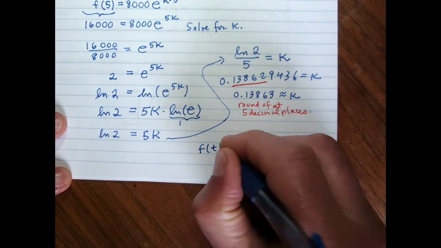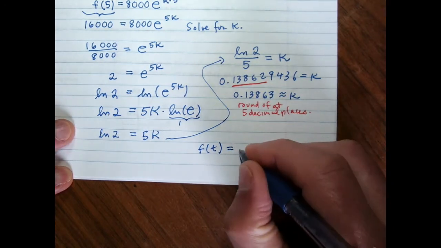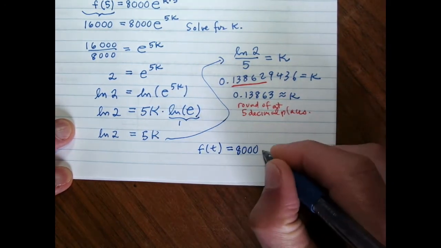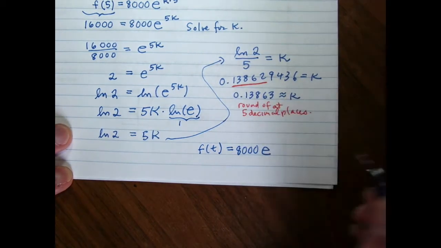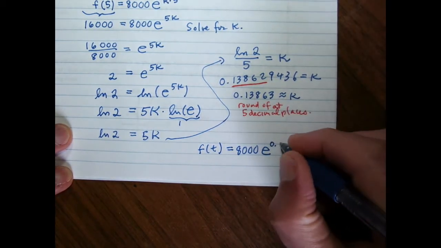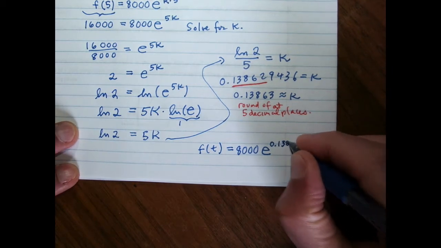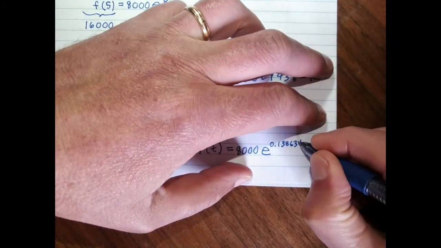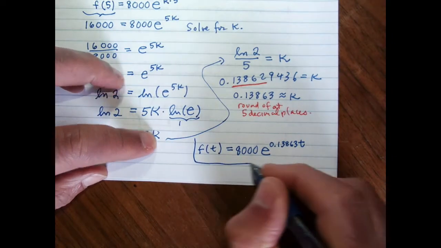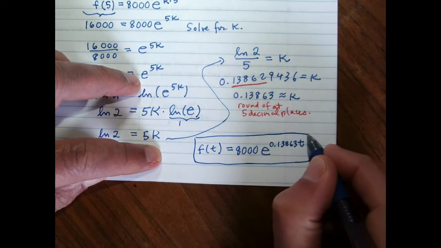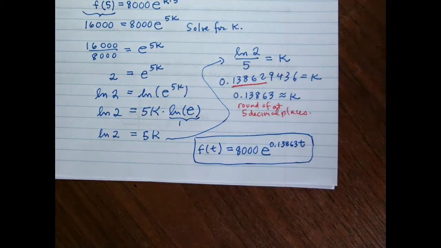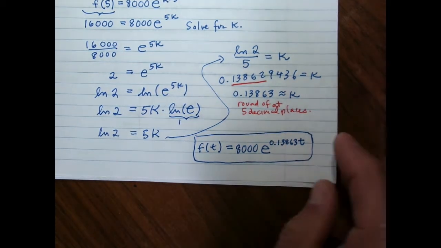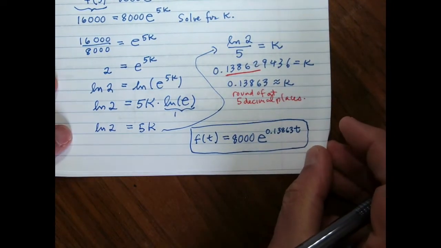F of t equals, instead of a0, I put in the value of a0, which is 8,000, e to the, instead of k, I now have a value for k, 0.13863. And then I go back to t. I put t back in here because now what this means is I can use this formula to calculate other function values now, not just the few I have in my table. So just make sure you realize that's the formula we're after here, that f of t equals 8,000 e to